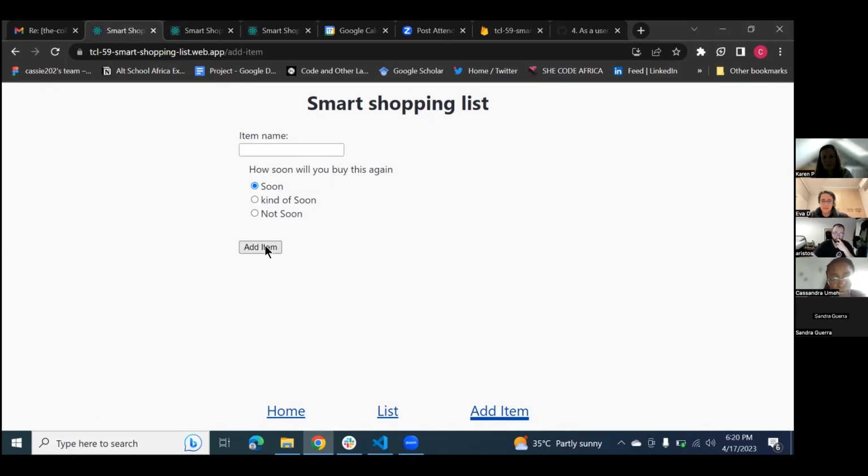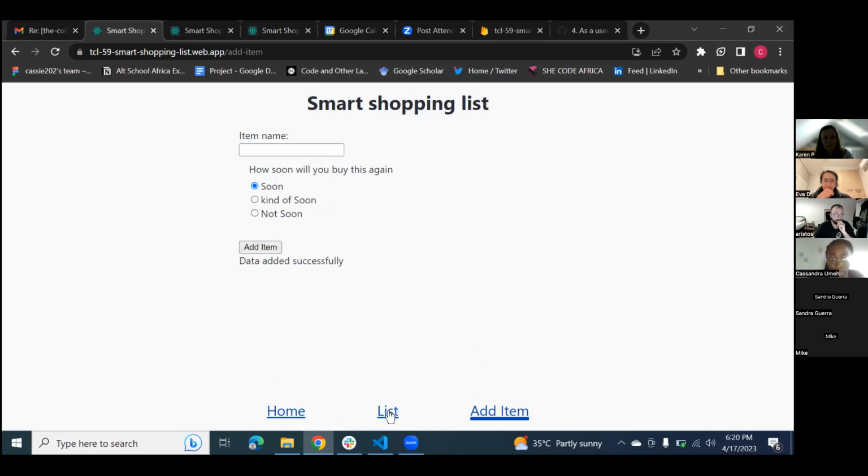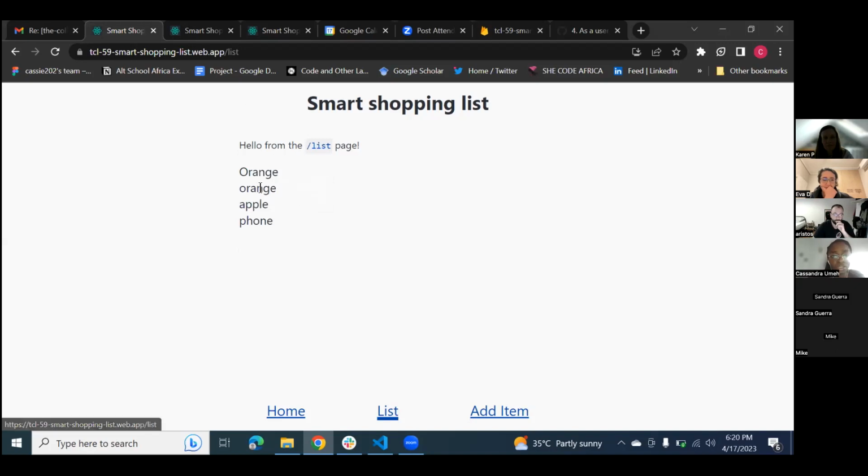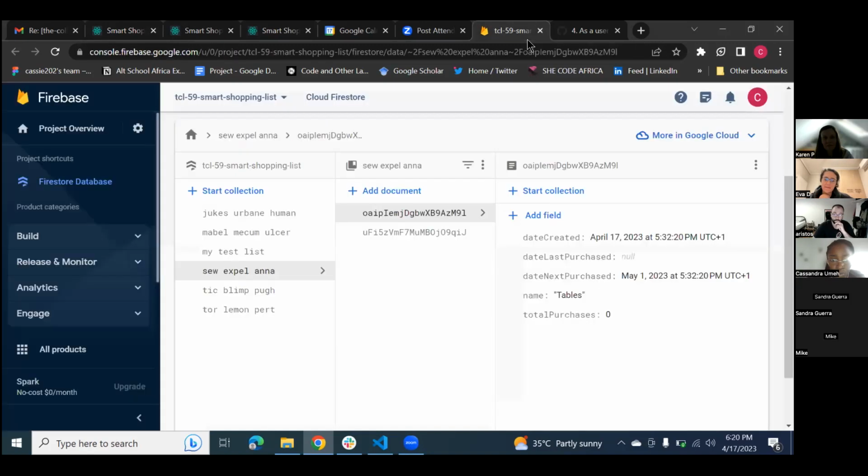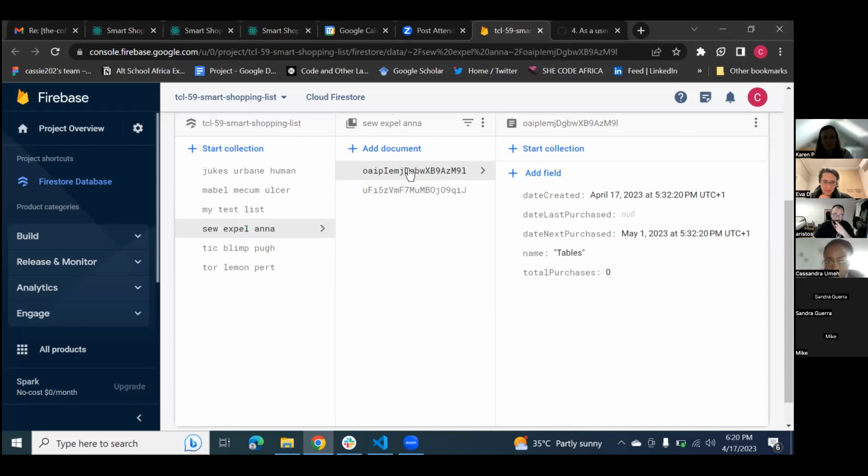To also confirm, you can go to the list and find the item I typed. Now, let me type another item. Okay, buy a phone. Then I select the time that I will make the next purchase and add. Going to the list, I should see those items I have been adding. So these are the items here. This is what we implemented. You can also find these items in our Firebase list, if you want to really confirm that they are saved.